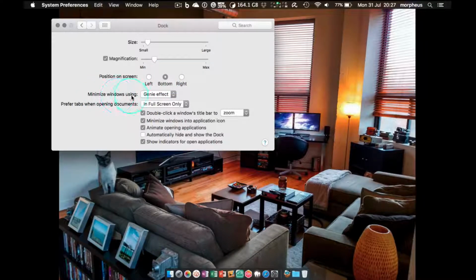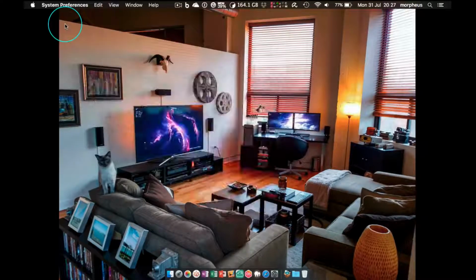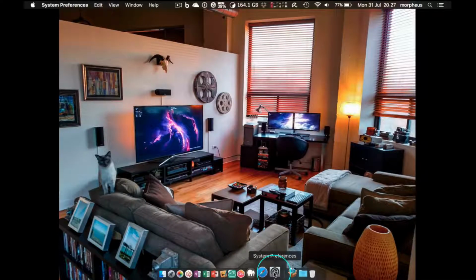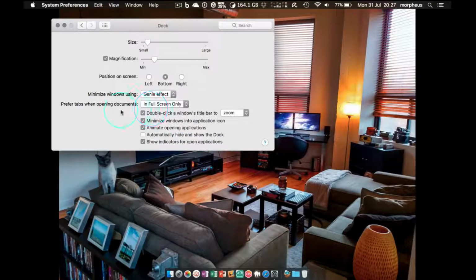Now the minimize windows effect here at the moment is set to Genie. The only other option is scale. Personally I prefer Genie. I've never really played around with the other one. I think it looks quite cool having that sort of a genie in the bottle effect. So I don't ever change it. Next one down,